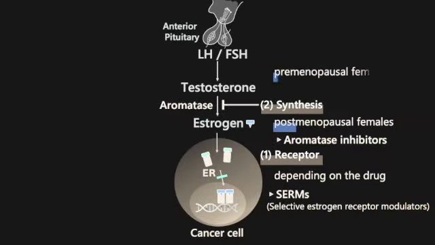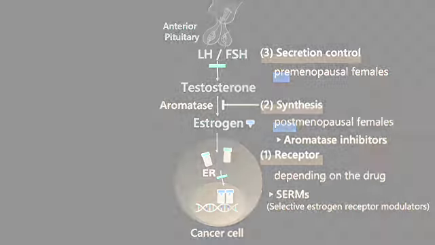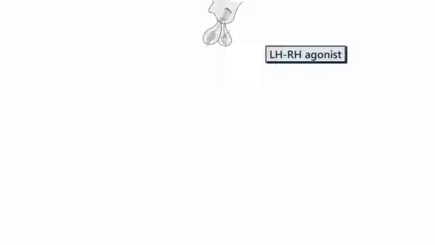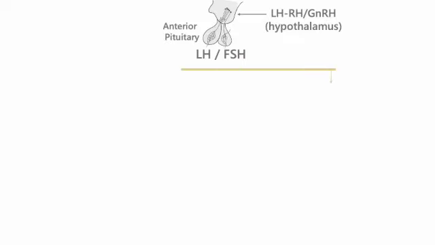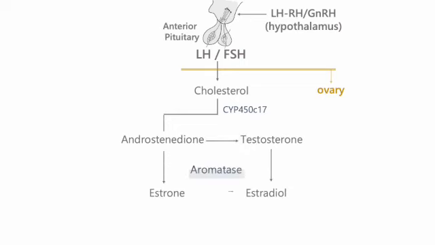3. Control estrogen secretion. For premenopausal women with breast cancer, another method is inhibiting ovarian function to prevent hormone production. The medication used for this treatment is the LHRH agonist. Before discussing agonists, let's confirm the process by which LHRH secretes estrogen. Luteinizing hormone-releasing hormone, also called gonadotropin-releasing hormone, is made by the hypothalamus. LHRH causes the anterior pituitary gland to make and secrete the hormones luteinizing hormone, LH, and follicle-stimulating hormone, FSH. In women, they cause the ovaries to make estrogen and progesterone.